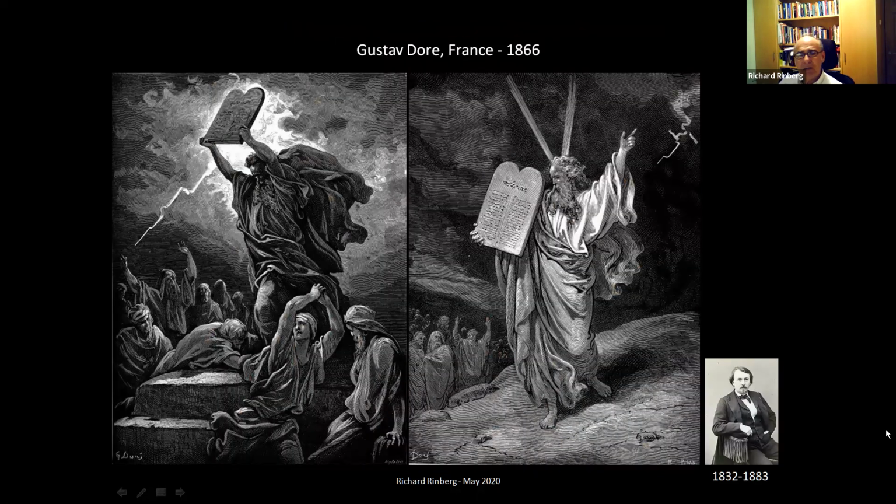And this is Gustav Doré in the 19th century, 1866. And here he's about Moshe. Well, here he's received the Torah, and you can see the beams, right? The Karnei Or, right? It's his way of dealing with the horns, as it were, the beams of light. And here Moshe is about to smash the Luchot because he's seen what's gone on with the golden calf. Doré did some remarkable illustrations to the Bible, just remarkable work.